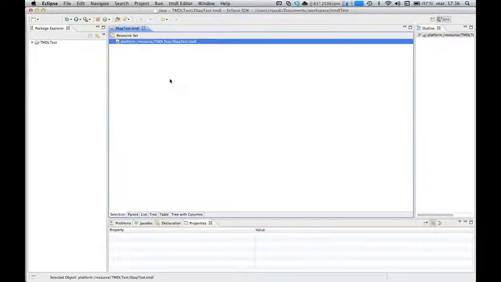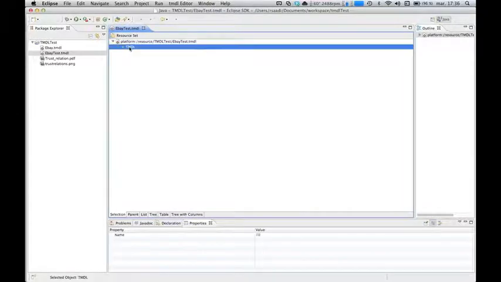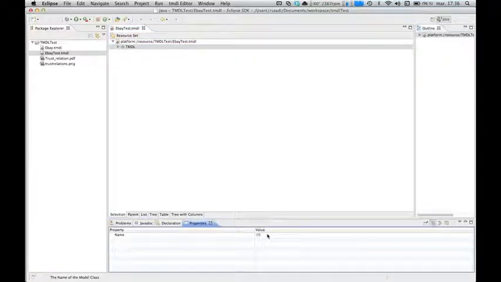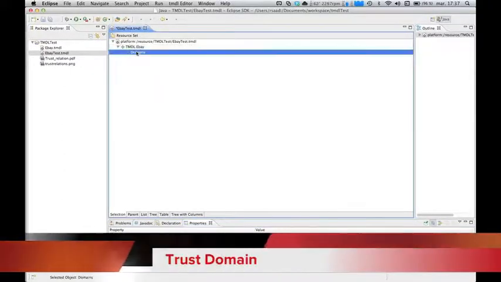When the file is created, as you can see here, I don't know if you are familiar with EMF plugins, we have to click and choose an element, and then in the property view we have to fill in all the attributes that will describe and define this element. In our case here, TMDL, we have a name. We have to define the name of the trust model, called here eBay,